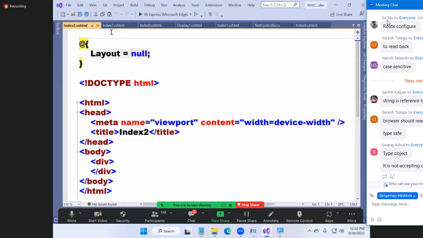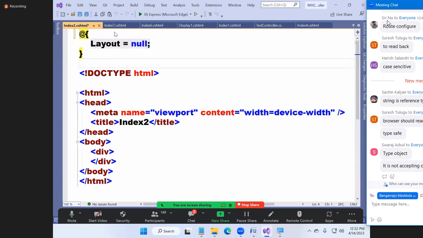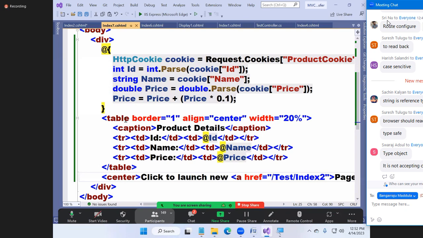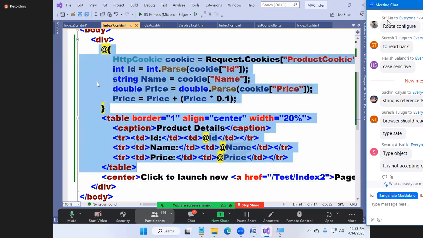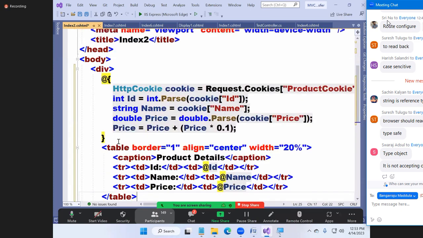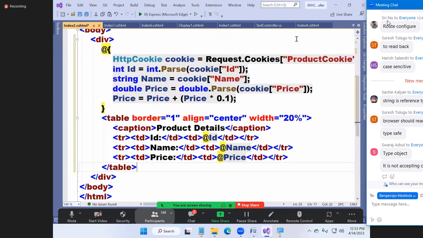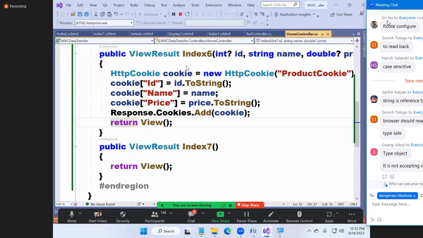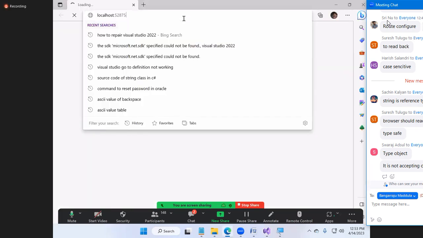The same code you have in index 6 and index 7. Let me copy that as is. If you want a link, place a link here also to go to another page. Pasting the same code. Once again, I'm launching 6. Once again, you can watch. I'm launching 6.